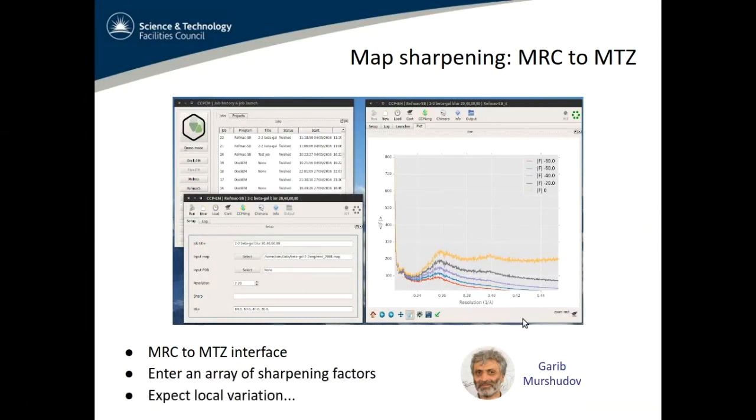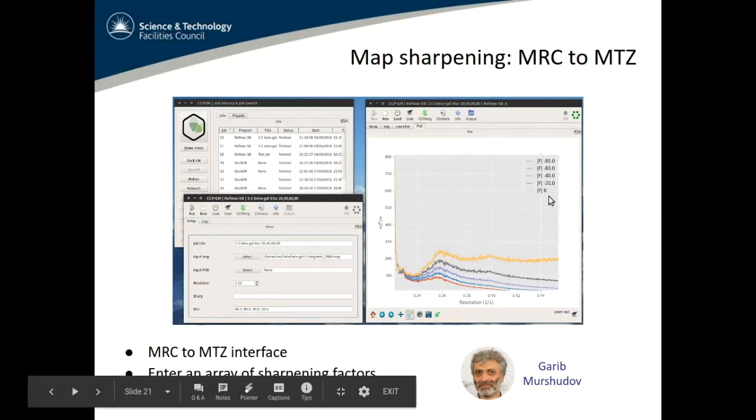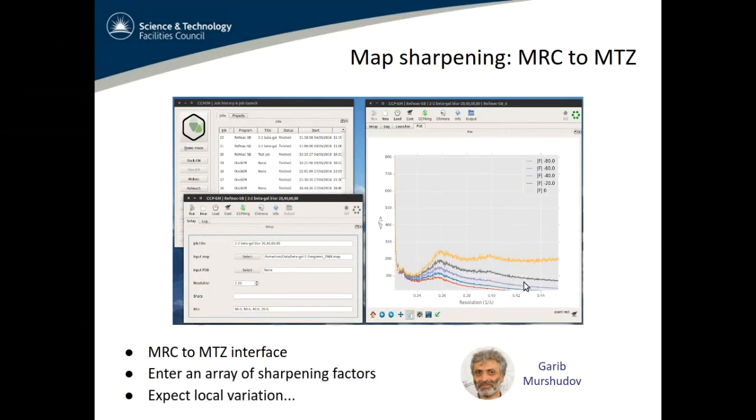You can enter an array of sharpening factors into that. So each of these different curves on the right here is showing you the effect on the structure factors of a different sharpening value. And you can see here we've got the original one here, and then we've progressively blurred that. You can see in this particular case that you'd want a nice kind of exponential fall off of these